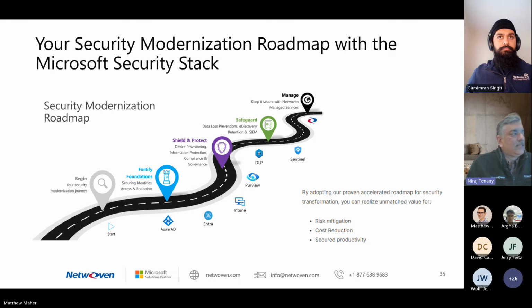And that starts with making sure your identity systems are in place with Azure AD, Entra, getting your devices in place, making sure your devices are all in proper order, getting to look at Purview to do, say, information protection and working through your DLP, and then getting through the Sentinel, which is your, say, SOC tool. And finally, once you're all of this, you get into a managed services state and being able to have managed services.